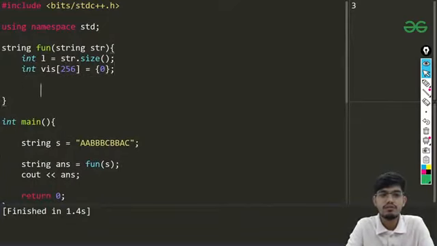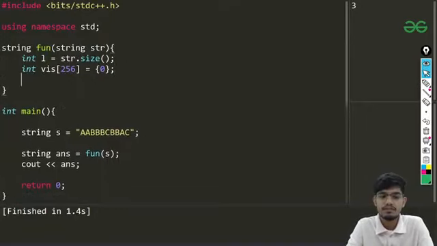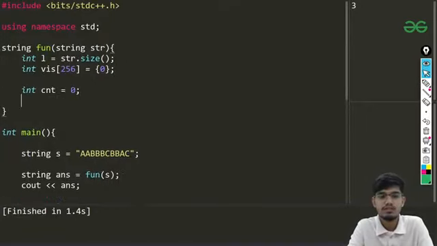So first thing I just need to get the count, so I'll be writing int cnt, initially 0.